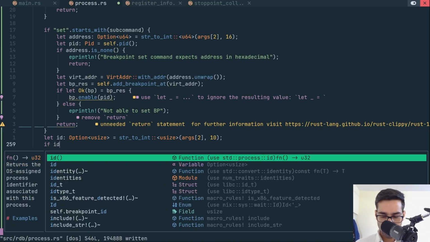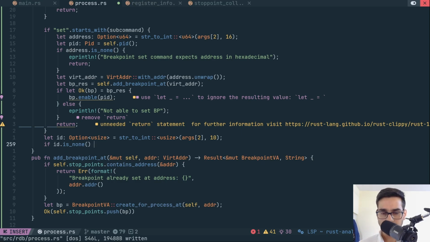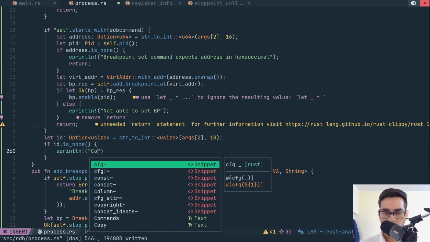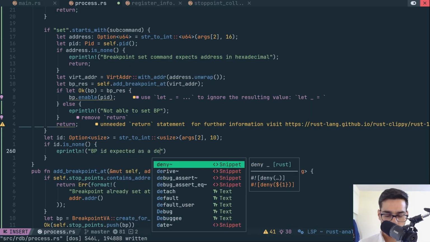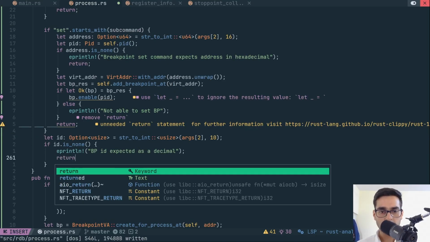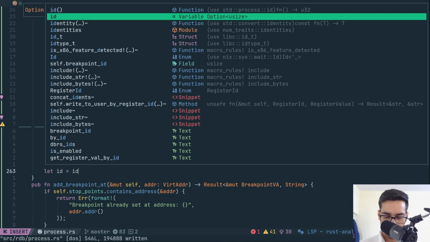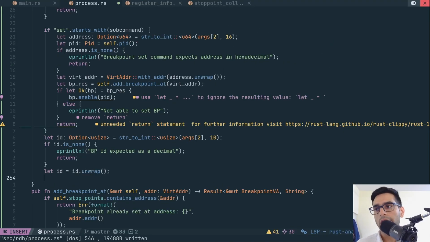So if ID dot is none, eprintln "BP ID expected as a decimal", and after printing that we can return because it didn't work. Otherwise, let ID equal to ID dot unwrap,